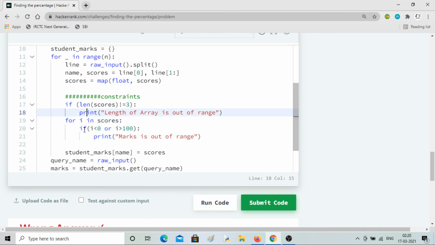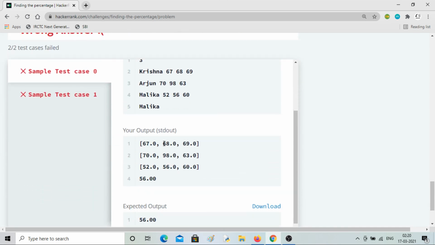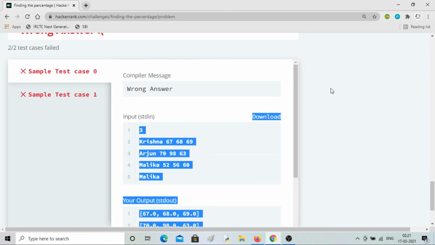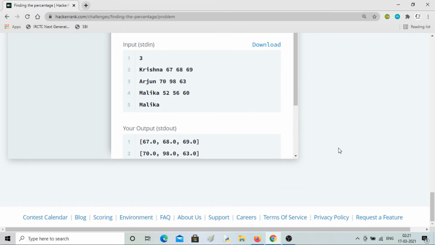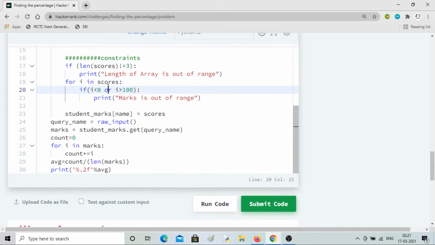So i will take the value of each of the scores. In this case, for example, 67 in the first iteration, 68 in the second, 69 in the third.